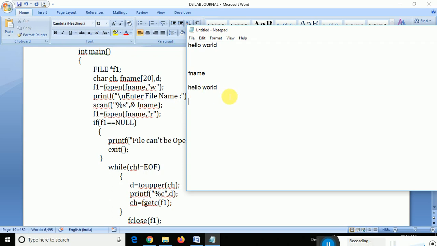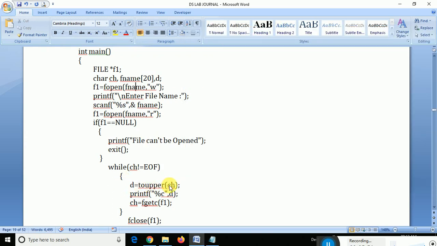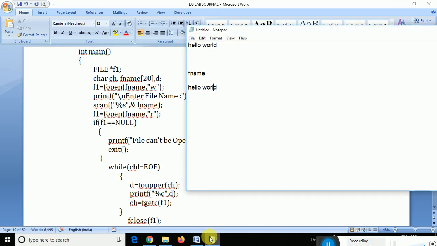So what it will do: every character of hello it will convert into uppercase. That is done by which one? This, toupper. So the whole hello world character set is there, and toupper will convert all these characters.